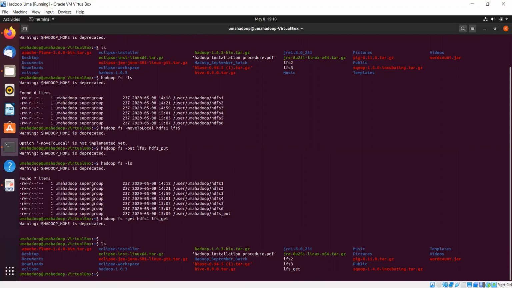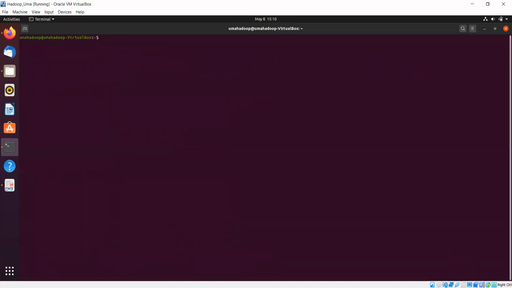Okay, so this is how you can refer to these concepts, and many other commands are there, friends, but these are all fundamental commands. We have used copyFromLocal, and we have seen copyToLocal, and thereafter we have seen moveFromLocal and moveToLocal.